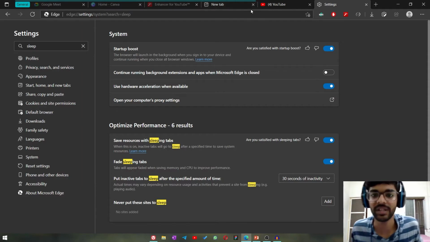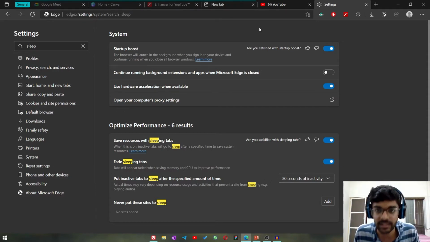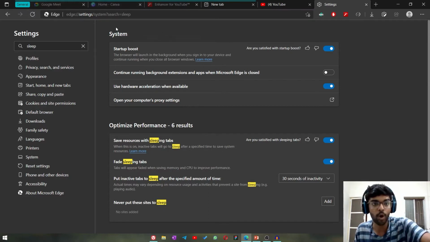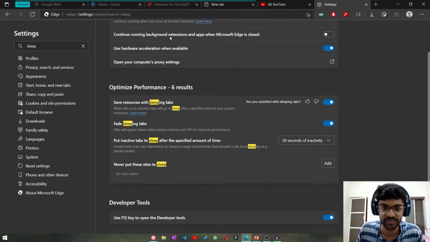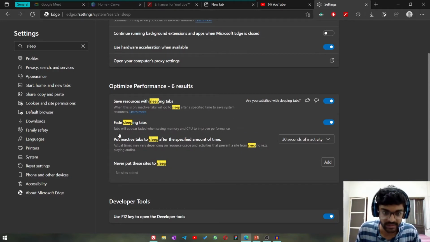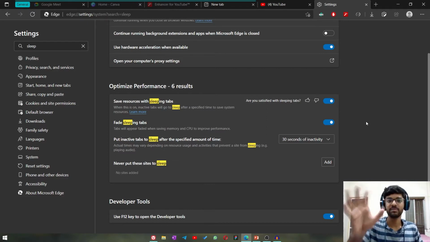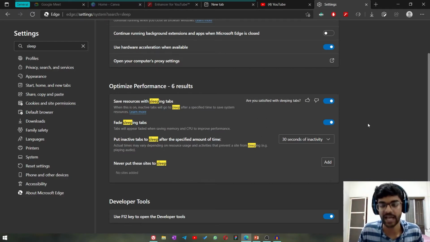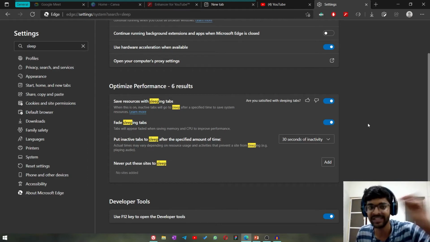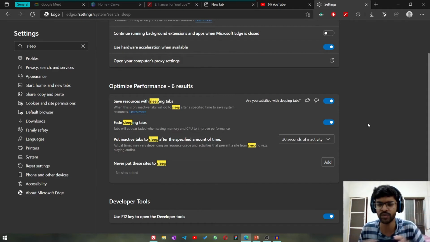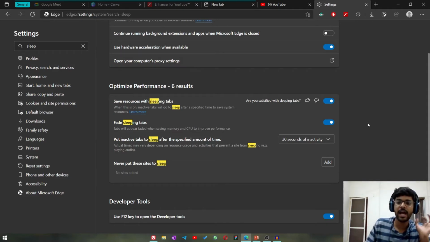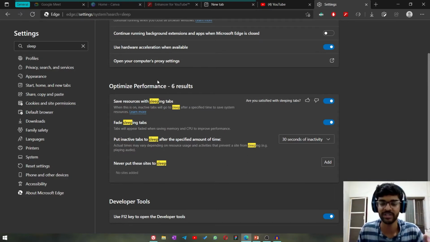Okay, yes. Now in the example over here, you can see that the enhancer, the home, and Google Meet have all been faded out. That has to do with the fade sleeping tabs. You can turn it on or off. It's better to keep the fade sleeping tabs on, because that way you know that these tabs are faded, these tabs are not on. It's very nifty, it's very useful, and that's just something I wanted to show you. This allows you to optimize your performance and whatnot.